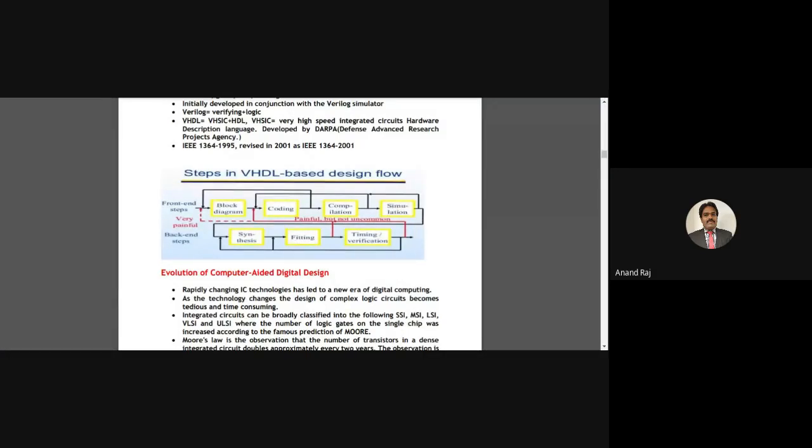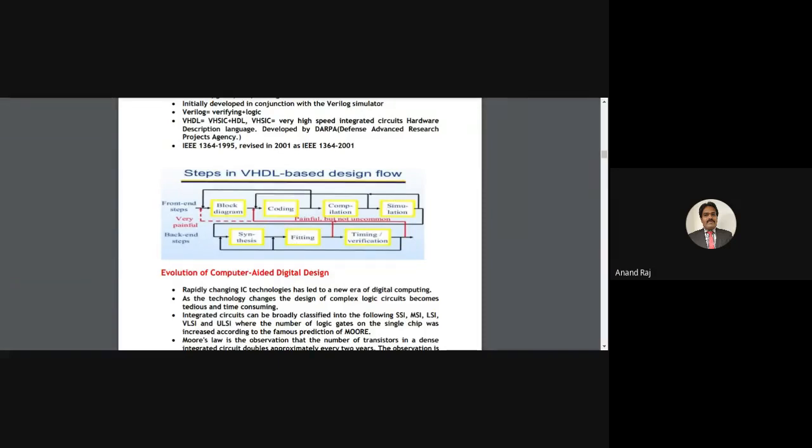That is why if I speak of any digital design in VHDL, we need to have the following steps. We have two types of steps: front-end design steps and back-end design steps. Front-end steps involve writing a block diagram, then writing a code, then compiling the code using a compiler.